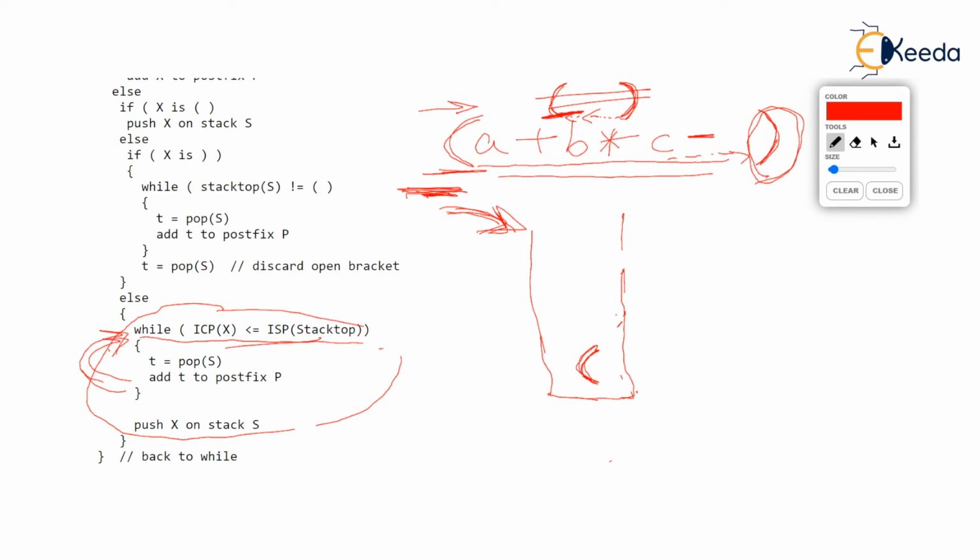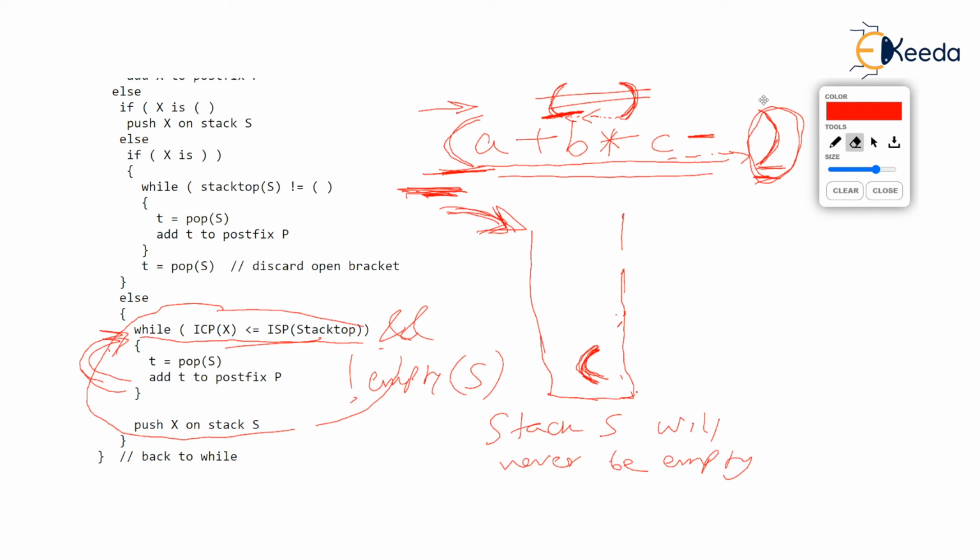So when will this first open bracket get popped? It will get popped only when you get the last close bracket. That means the stack S will never become empty, isn't it? So again, we don't have to write the condition and not empty stack. I hope you're understanding. This is a super solution. Enclose the infix expression in one more open bracket and close bracket. Stack will never become empty. I hope you have understood the issue of putting a tilde initially inside the stack so that it will never become empty.